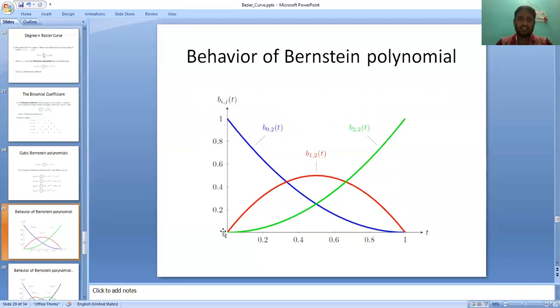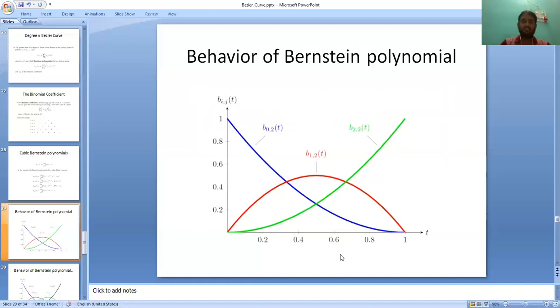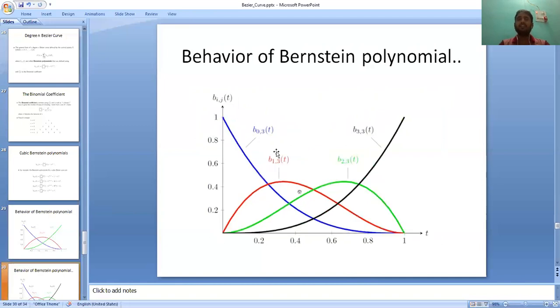I don't know whatever the value here will be, but this is less than 0.2. Again, at any t we can calculate what the contribution is. As the t increases, the contribution of the later terms increases, while the contribution of previous terms decreases. And at last, there is only the contribution of the last term, but there is no contribution of the first and previous terms. Similarly, this is the behavior of the Bernstein polynomial of the cubic